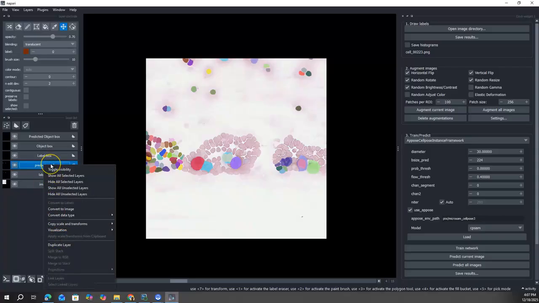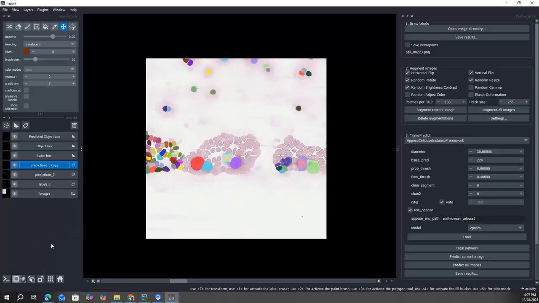And before I do Cellpose3, there's one other thing I want to do here, a little Napari magic, a little Napari trick. If you're ever working with Napari, any plugin, your plugin, somebody else's plugin, and you want to compare results, go to this thing called duplicate layer. It'll duplicate your layer. Then you can rename it, and I'm going to rename this layer Cellposesam result. And so I have a backup now. So when this predictions layer gets overridden, when I run a different algorithm, I'll still be able to compare it to the first one I did because I duplicated the layer.